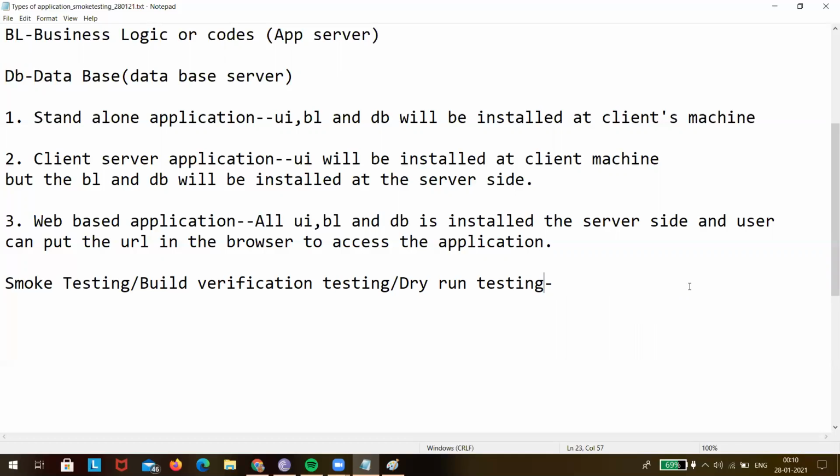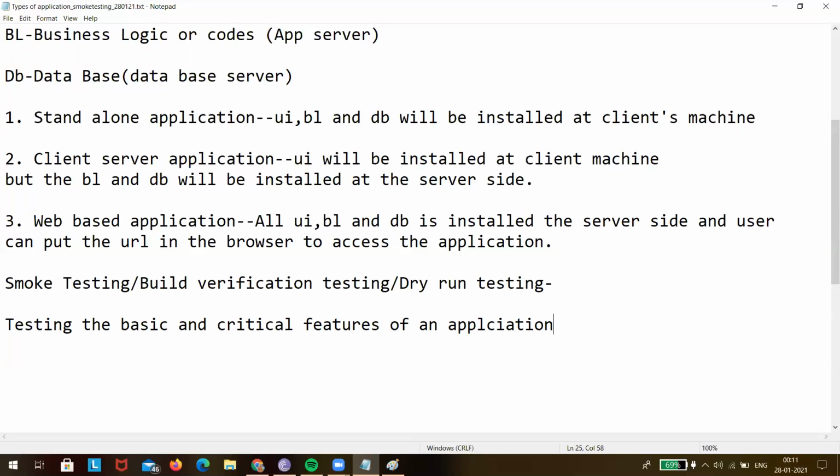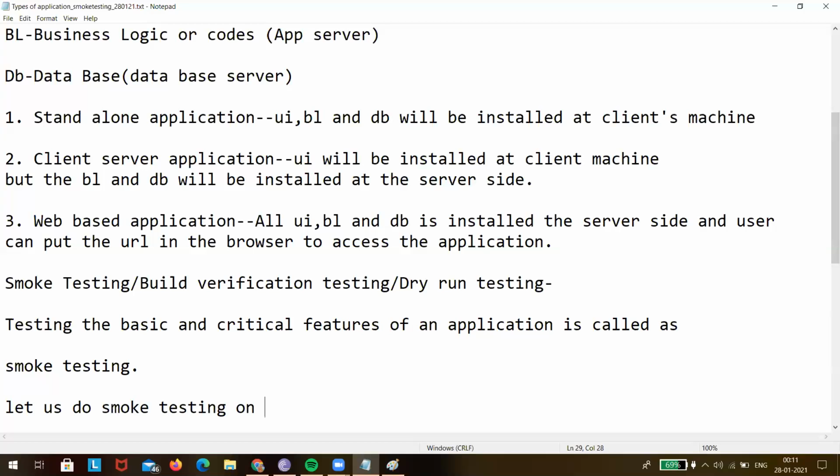What happens in smoke testing is we test the basic and critical features of the application. Testing the basic and critical features of an application is called smoke testing. Suppose we do smoke testing on the Gmail page.